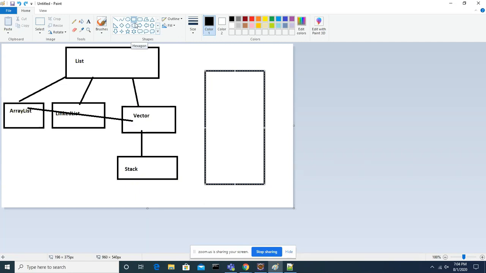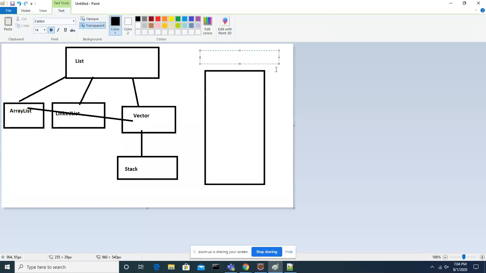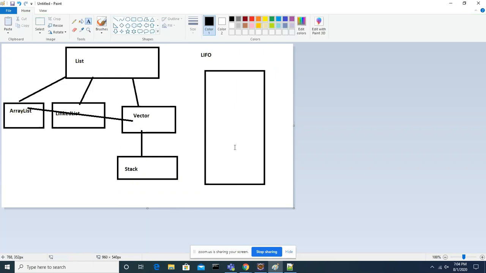Guys, if anyone knows what a stack is, you can explain. Stack works on the last in, first out principle, LIFO. So in this algorithm, what will happen?